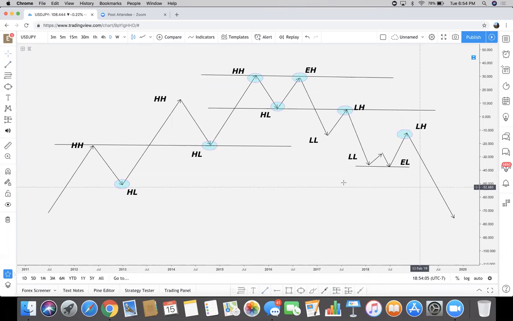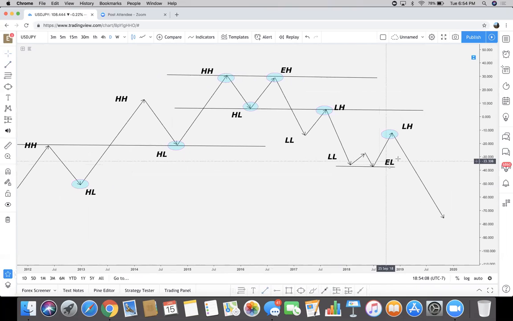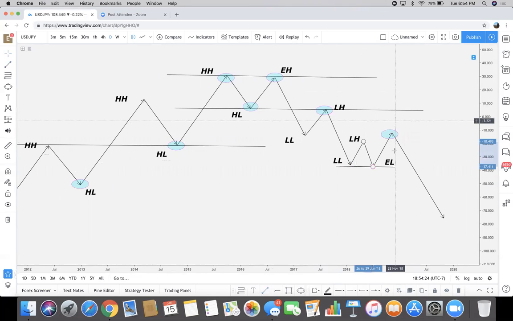So same thing, you can have equal lows in a downtrend. Right there. It hits one time, creates a lower low, and then sellers push price back up, creates a lower high, and then comes back down, creates this equal low right there. And then this right here, depending on if it creates another ceiling,